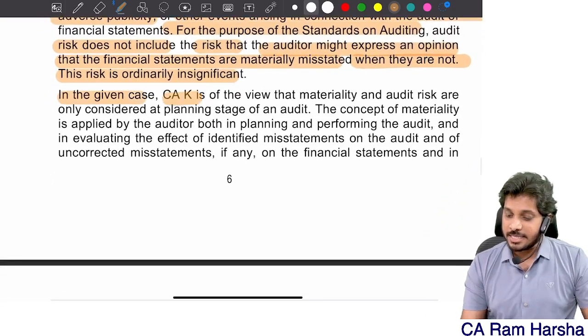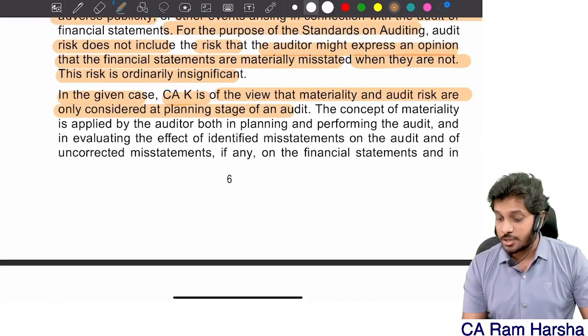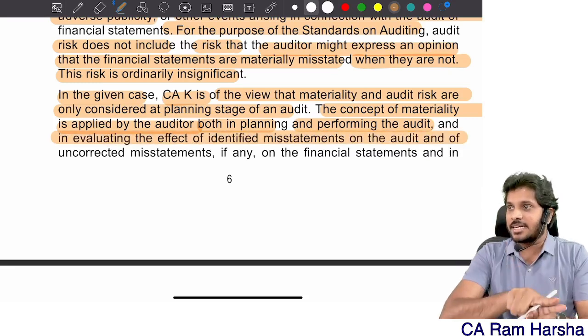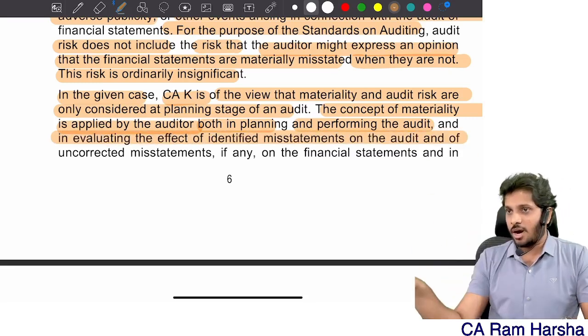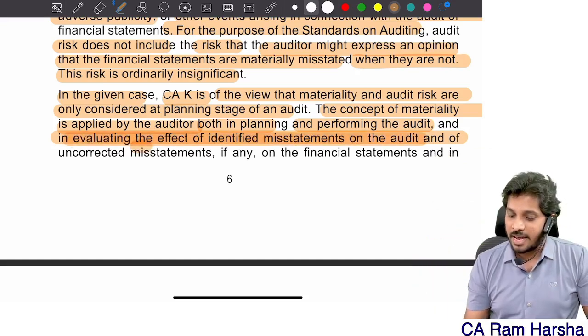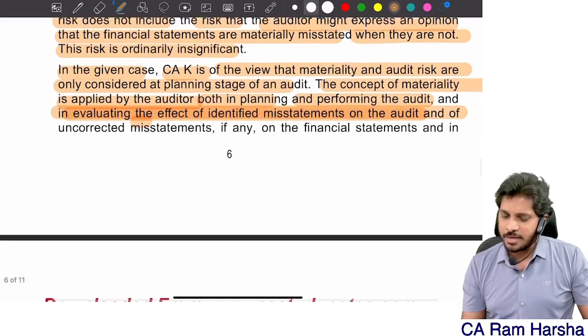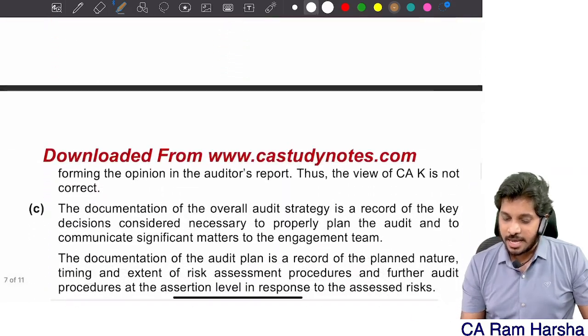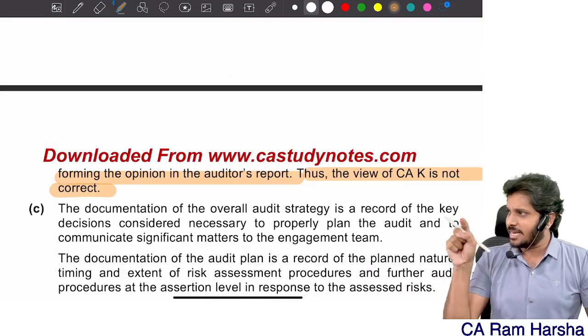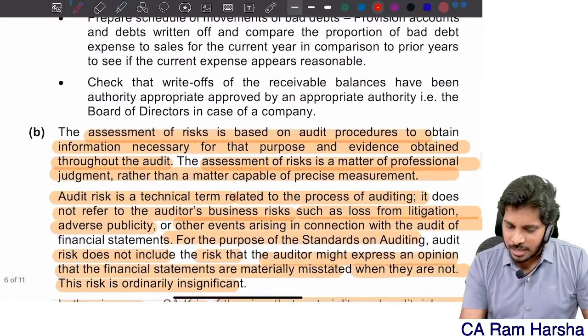In the given case, CA is of the view that materiality is considered only at the planning stage. The concept of materiality is applied by the auditor both in planning and performing the audit and in evaluating identified misstatements. Means materiality is considered throughout the audit, at the time of planning, at the time of performing the audit, and even at the time of evaluating the effect of identified misstatements, if any, on the financials and in forming the opinion. Thus, CA's view is not correct regarding materiality and audit risk. The first paragraph alone, I think they gave